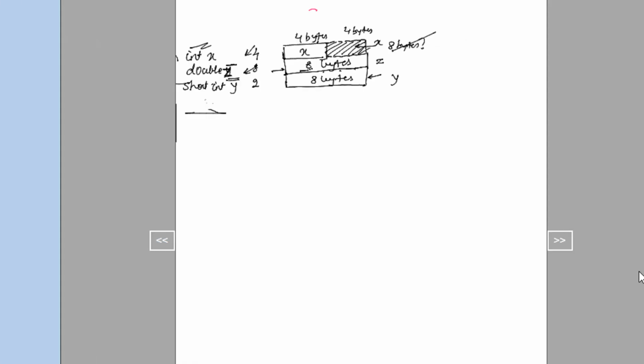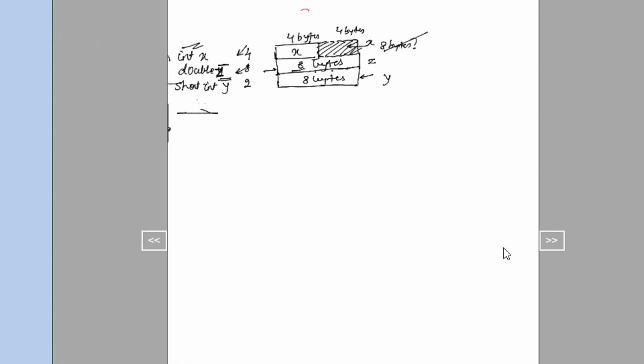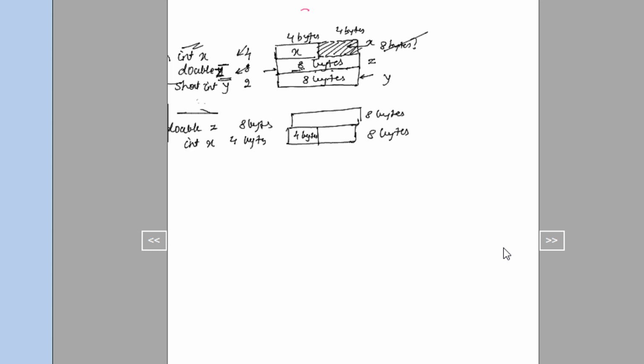So when we come back to the dashboard, we now have double z. This was 8 bytes, so I will allot 8 bytes here directly. Double is given 8 bytes. Now I am coming across integer and short. Integer x is 4 bytes, so the compiler will actually allot 8 bytes again, just to avoid the issue of alignment. But out of this 8, it knows that the integer will take 4 bytes, right?